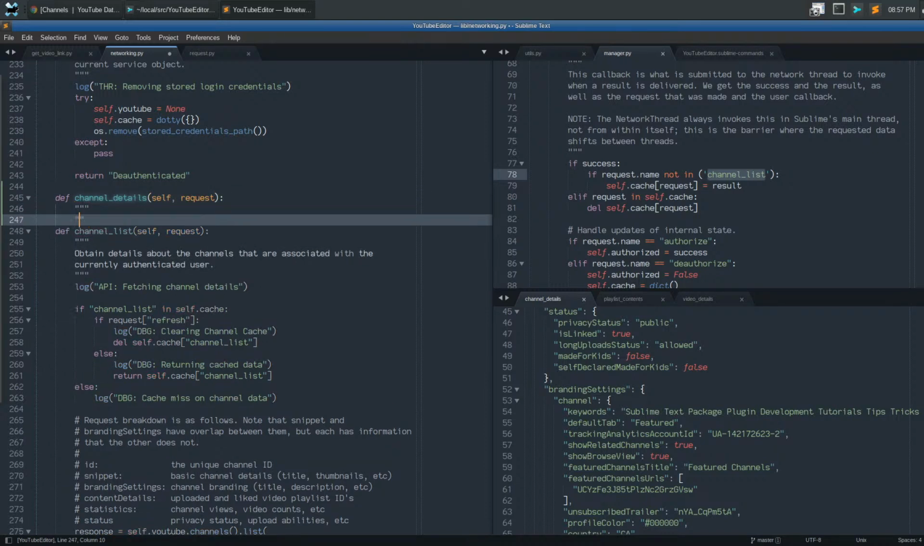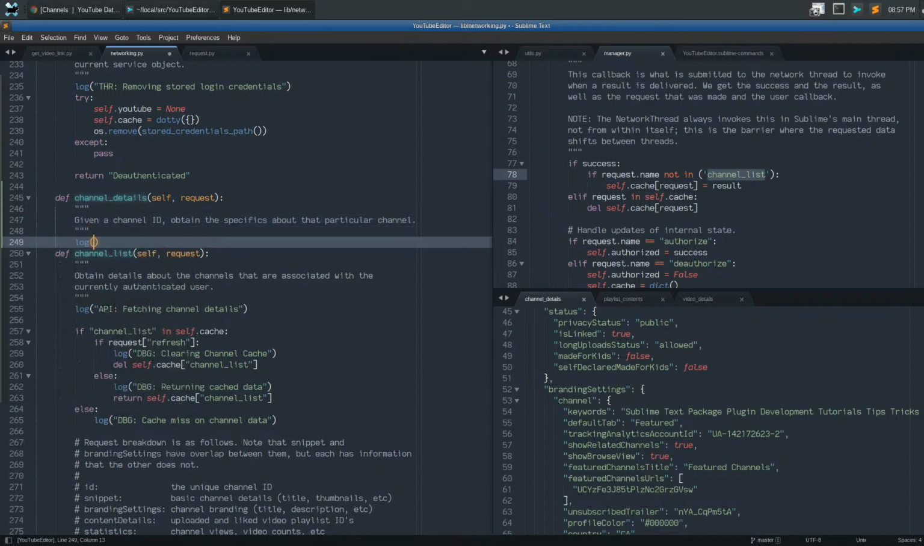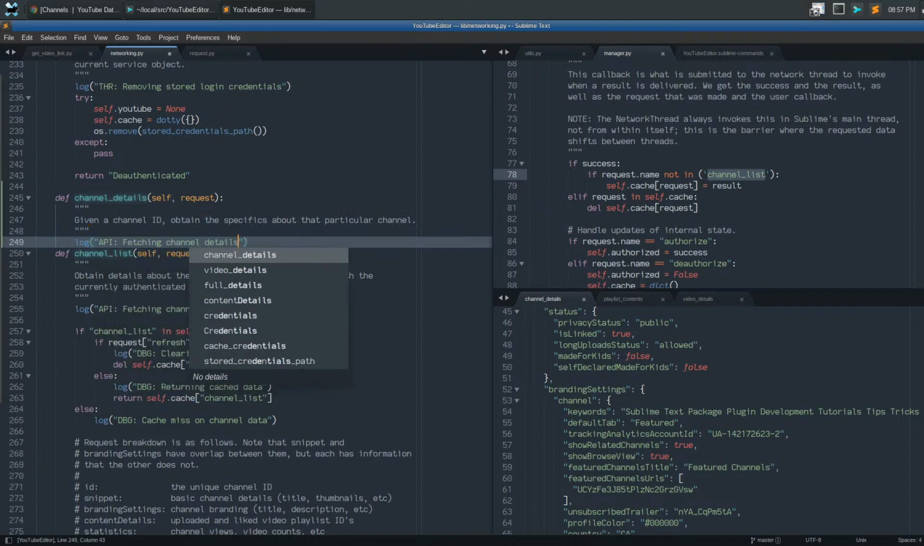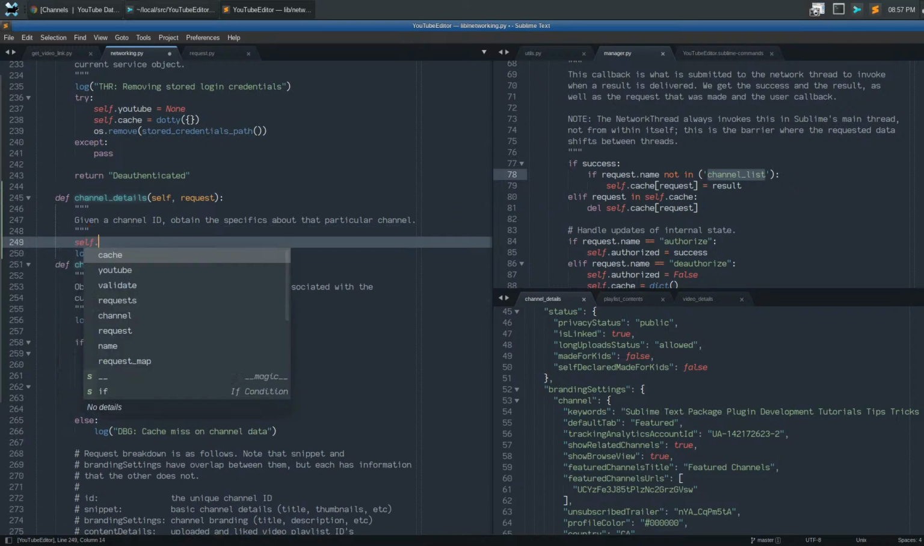We might say, given a channel ID, obtain the specifics about that particular channel. Now, an issue with this, such as it is, is what do we do if you invoke this? The thing we're going to do here is say, for example, log API fetching channel details. What we'd actually want to have in here first, which isn't done in here because it doesn't take any arguments, is self dot